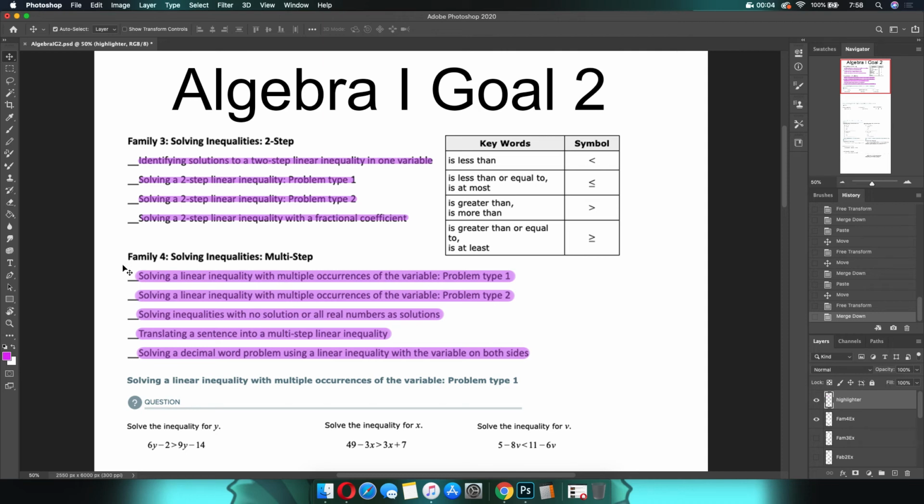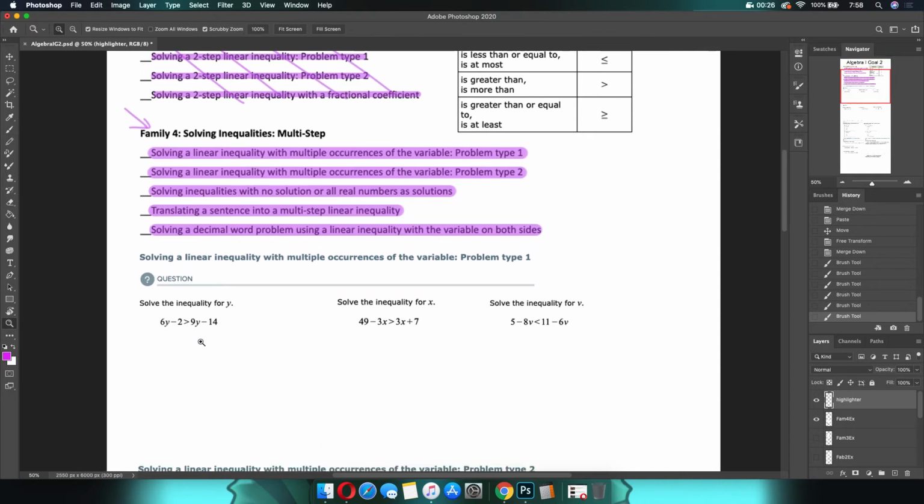We're going to be working specifically today on Family 4, solving multi-step inequalities. We're done with Family 3. We did that in our prior video. What we're looking to be doing here is, now that we're comfortable with how to manipulate an inequality and how just rock star similar it is to solving a regular equation, we want to start to step up our game